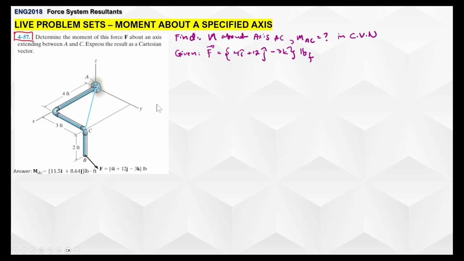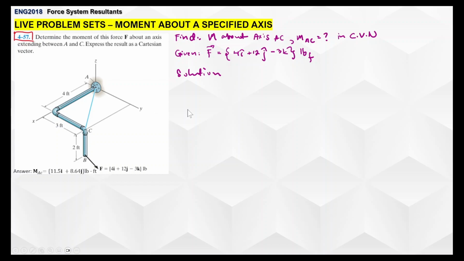For this particular problem, when we're being asked to determine the moment about a specified axis, if we're not given a specified axis, we can actually choose which axis of rotation. And all we have to do is just identify the unit vector there. But the good thing is we have a formula here. Recall our formula